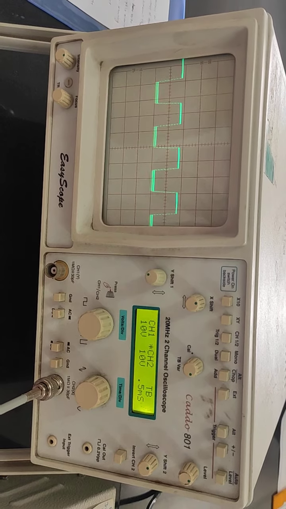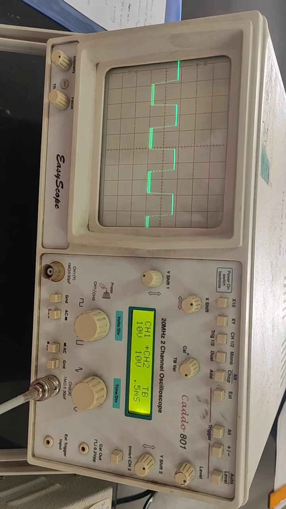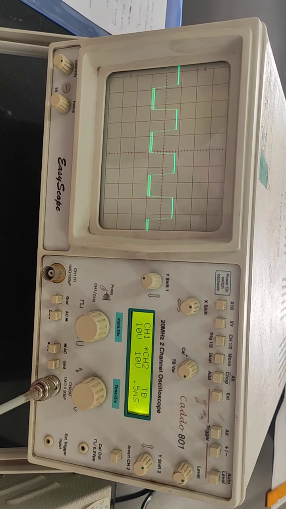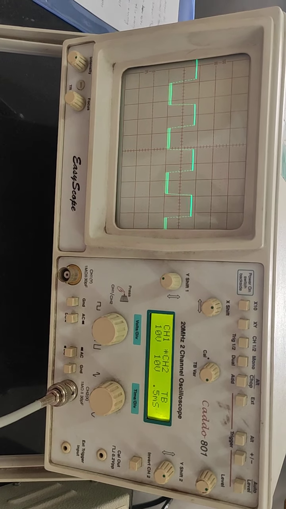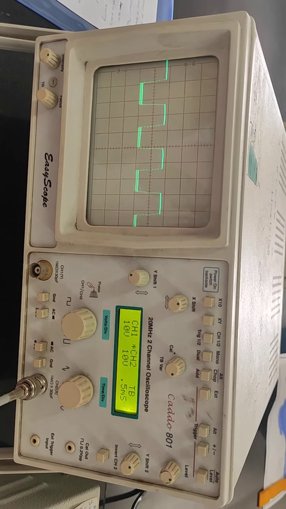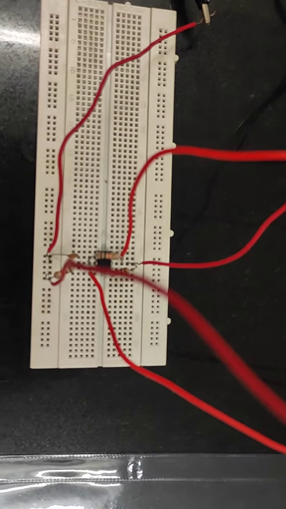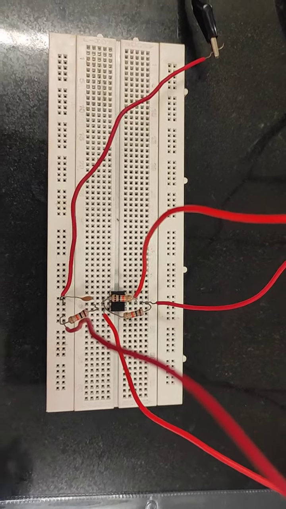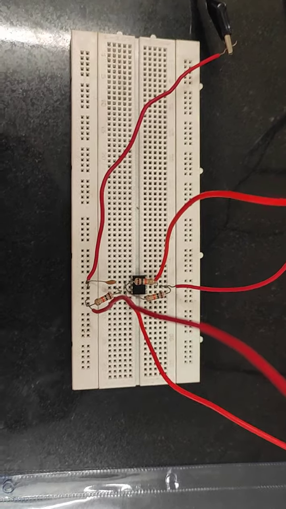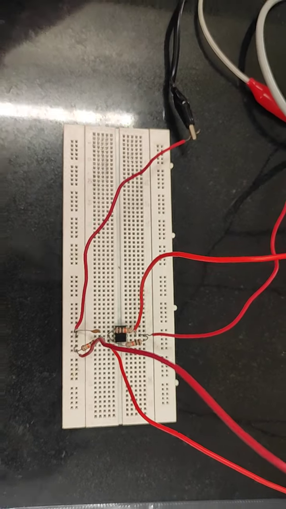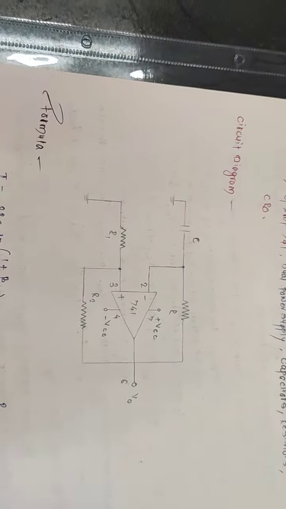And multivibrator means it is continuously oscillating. Therefore, we will get continuous square wave as an output if we connect CRO at pin number 6 for our op-amp 741 IC when this particular circuit is in effect. Okay, so what does this particular circuit consist of? So let's look at the circuit once again.